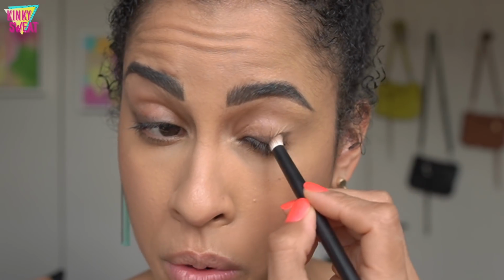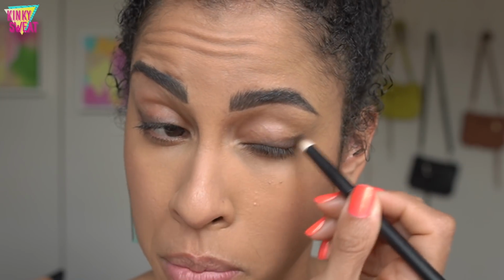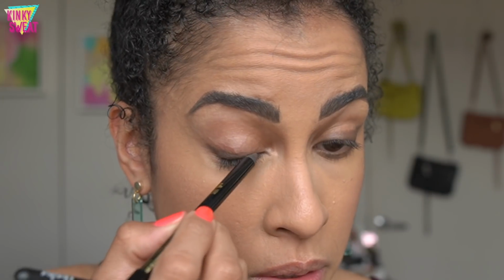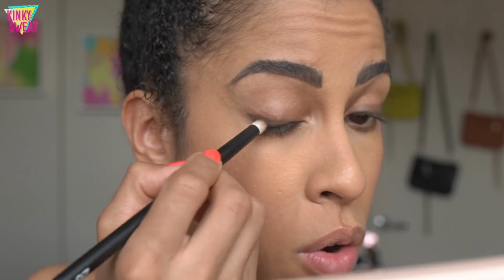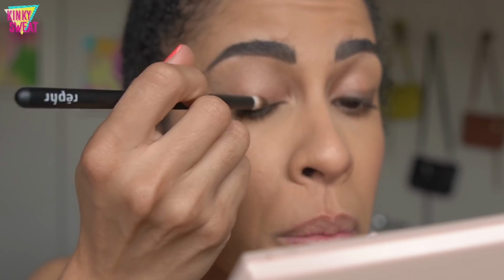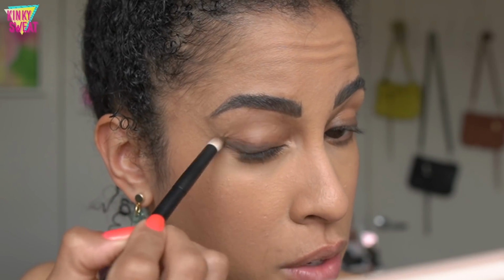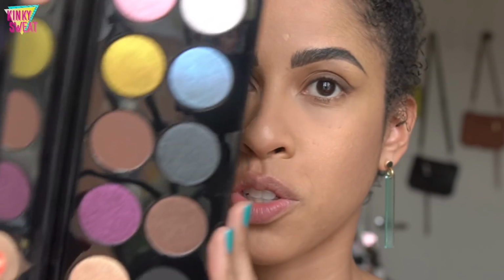Again, you've got to move in quickly. Like, I spent too much time looking for my brush, and it already began to dry down. Let's do this again. Let's better build this side up. I also have Black Coffee, which is another iconic shade from the Permagel eyeliner lineup. If you want to get some intensity from a brown shade, you'll go in with Black Coffee first. All right, we did it. I don't know what we're going to do from here. Oh, this is so...